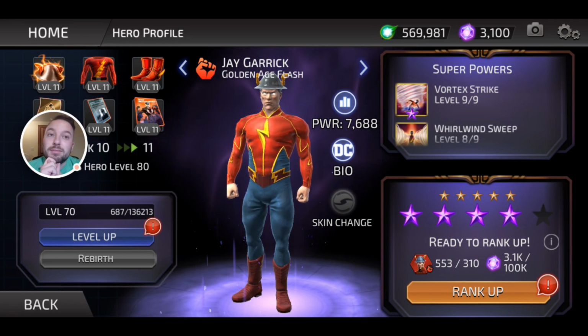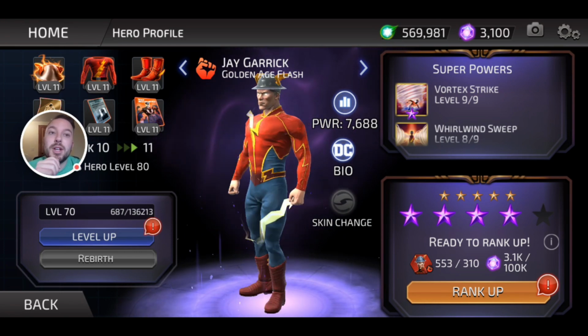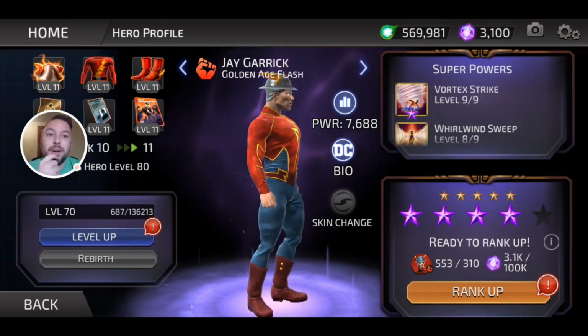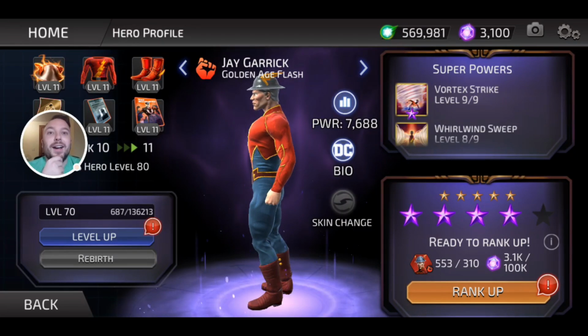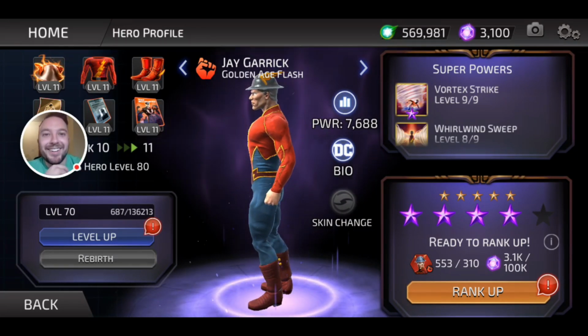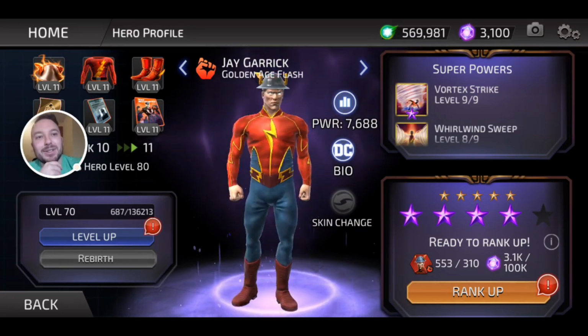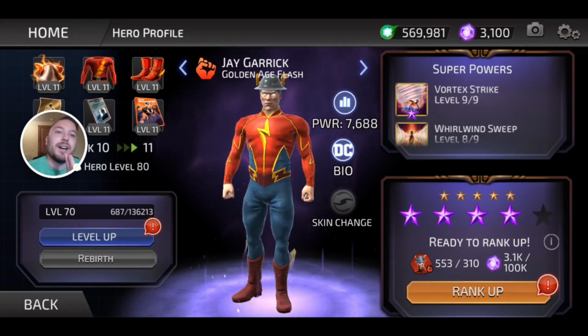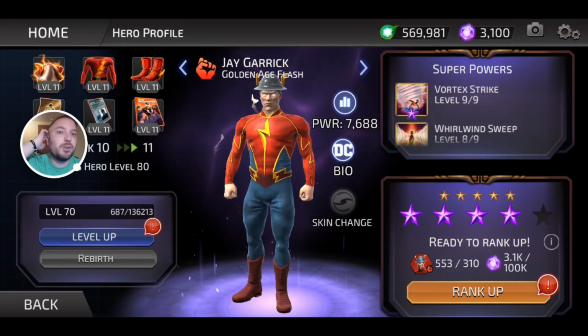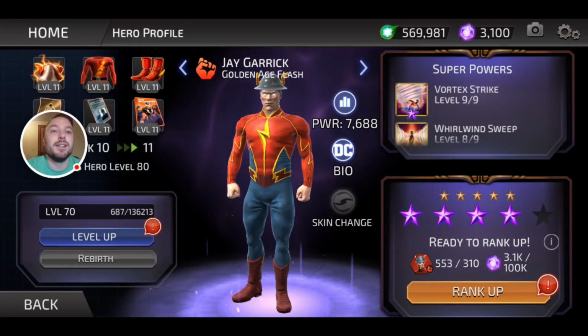Jay Garrick, puffin chest ass, cowboy boot wearing ass, compensating for something ass, speedster. He is widely considered the worst speedster in the game, and that's fine because he's still usable. If you enjoy the character a lot, then there's still ways to use him, and I think I